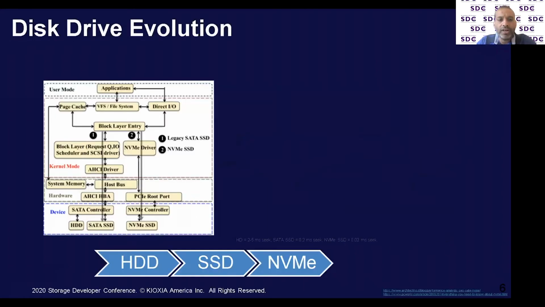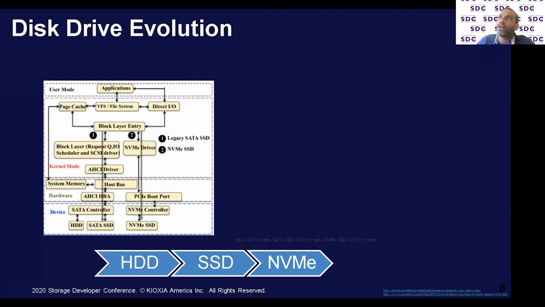So let's see how disk drives evolved over time. When media was spinning magnetic, the protocol to bring data to media was SCSI. That time we used to call them HDD, and we still call them HDD, hard disk drives. Then media changed from spinning to flash, but the protocol to bring data to the media was still the same, which was SCSI or SATA.